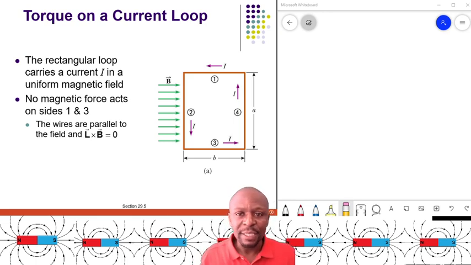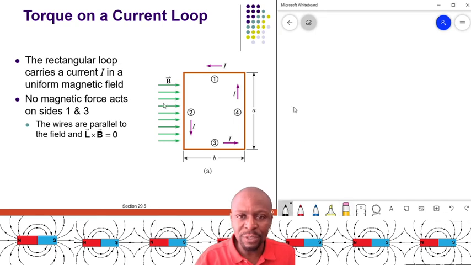In this case, you have this rectangular loop, and the B field is sent in this direction. The rectangular loop carries a current I in the uniform magnetic field. No magnetic force acts on side 1 and side 3. On side 1 and side 3, there's no magnetic force. Why? Is because